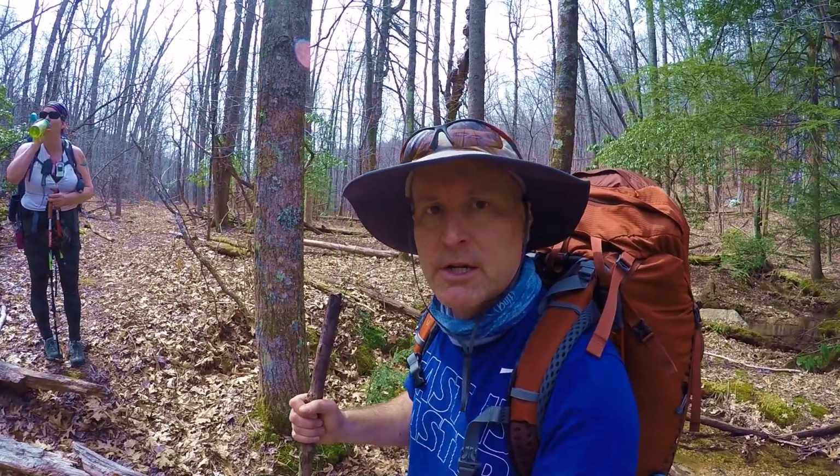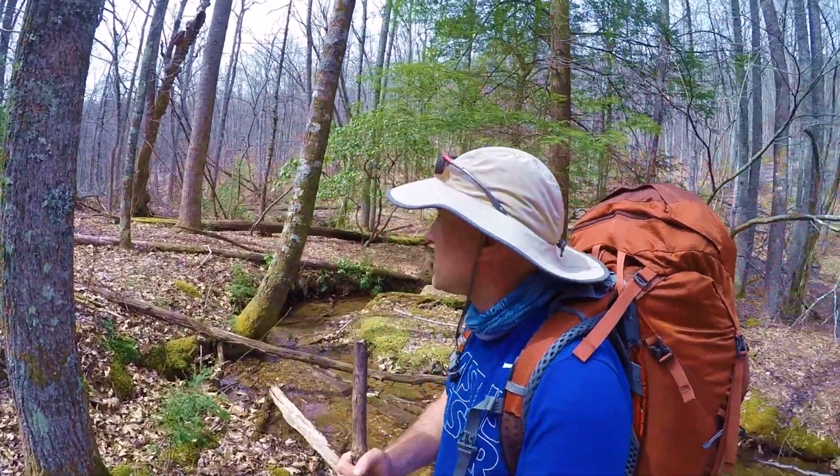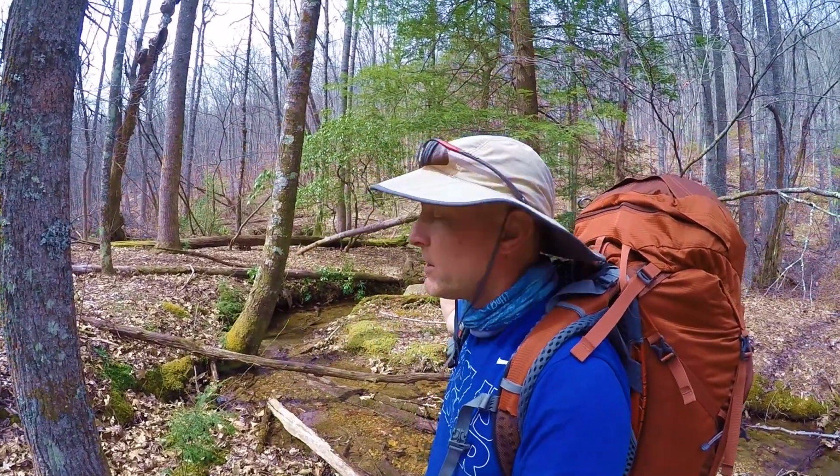We filled up, got an extra 2 liters of water. But then we're crossing another one here. And this river crossing looks like there's better opportunities for camping. Got a nice flat spot over here. If you wanted to camp here, it would be probably better than trying to find a place anywhere between here